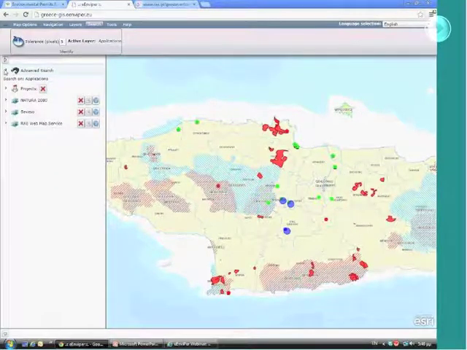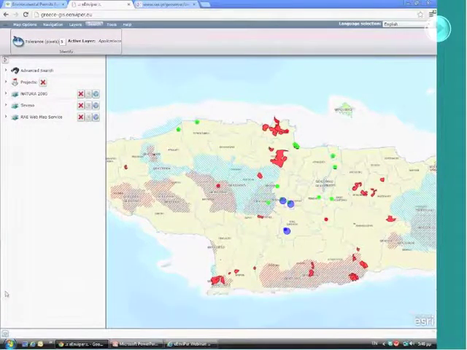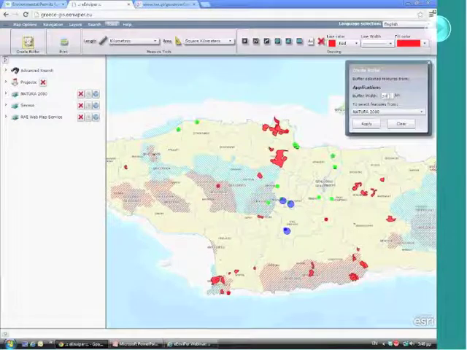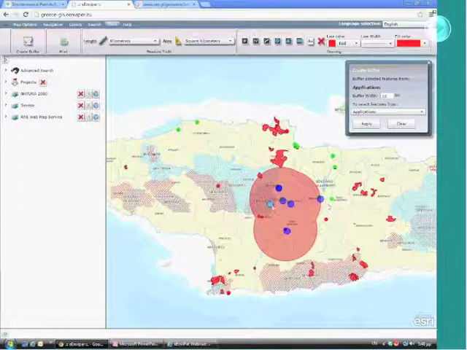I can see information about those projects in the table below, or I can even go and create a buffer around those layers and see if other projects are inside this buffer. So these are the results. So actually there are 3 projects that are, let's say, close to the project that I'm